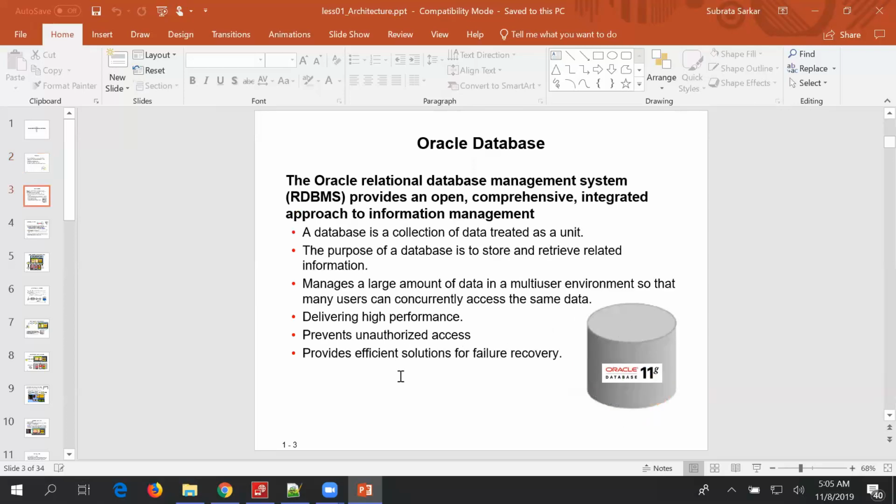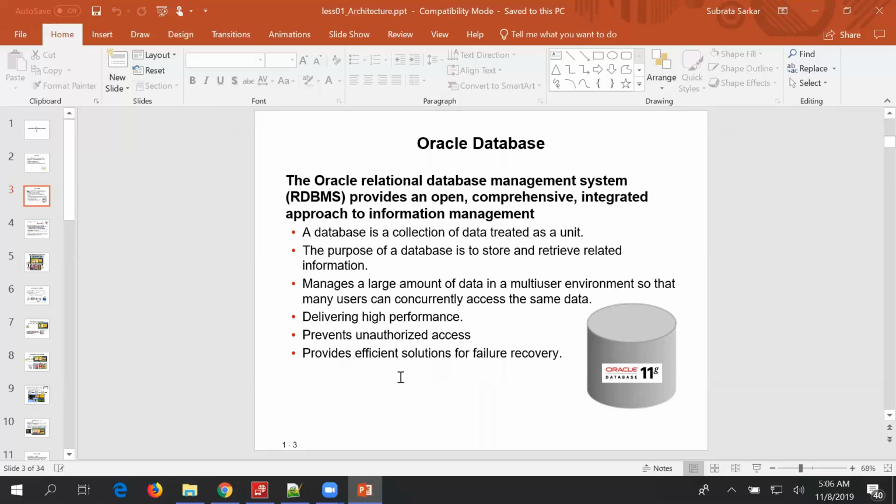Oracle database, as you know, is an RDBMS. It provides an open, comprehensive, integrated approach to information management. A database is a collection of data treated as a unit. The purpose of a database is to store and retrieve related information.